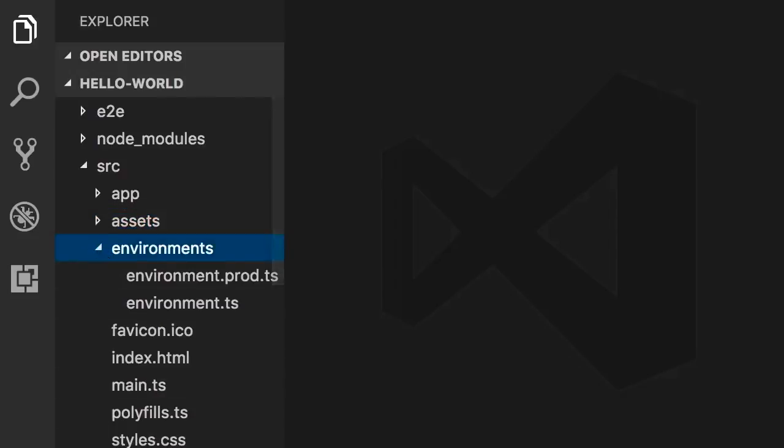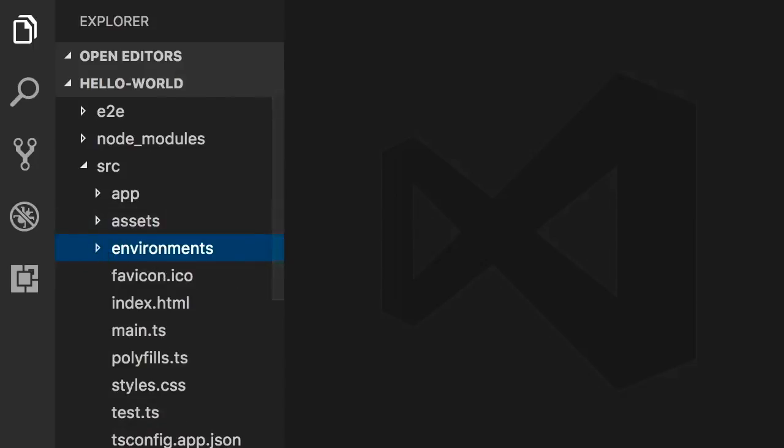Below that, we have this environments folder. And this is where we store configuration settings for different environments. So we have one file for the production environment and the other for the development environment. Now, the other files we have in the source folder are favicon, which is the icon displayed in the